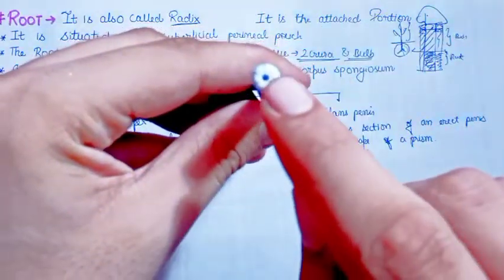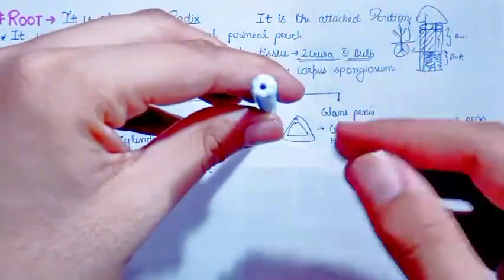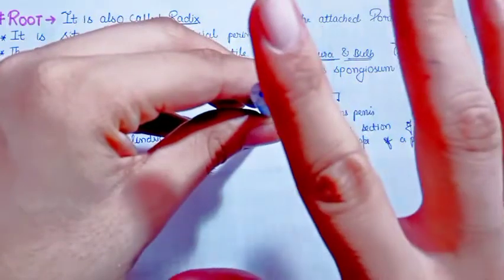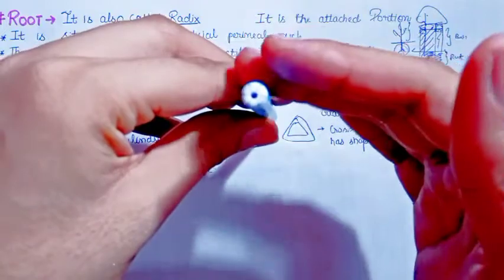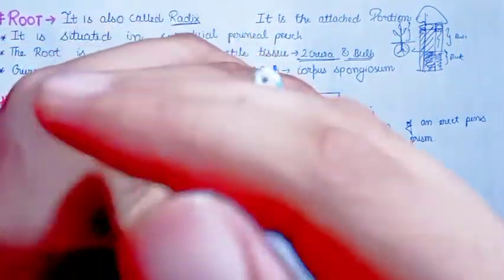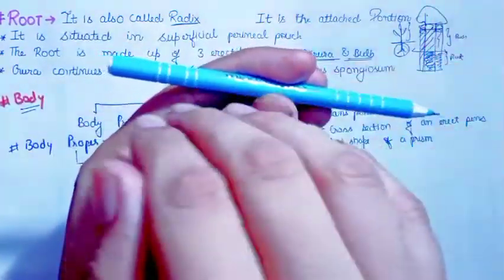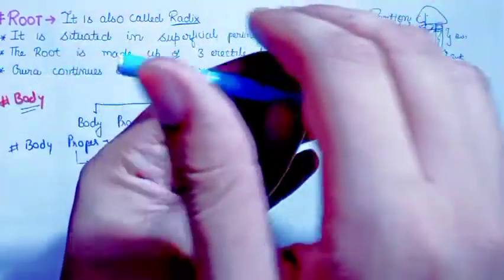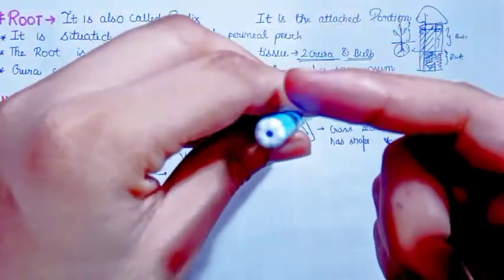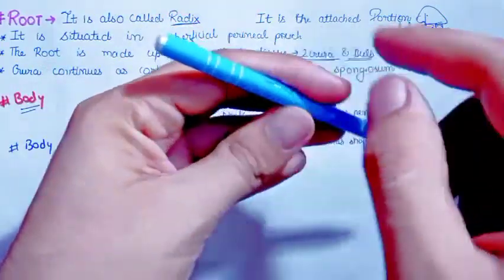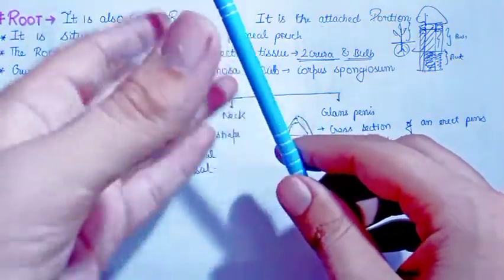If you are looking from the front, the lower portion is the ventral one, and the upper portion is the dorsal part. If you see from the side, this is the anterior side and this is the posterior side. The lower portion is the ventral and the upper part is the dorsal. A very important structure, the dorsal vein of the penis, runs on the upper or dorsal part. You can't say whether it is upper or lower by position alone, because in the erect penis the position of the upper and lower parts can change.